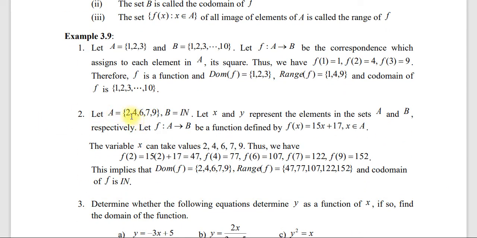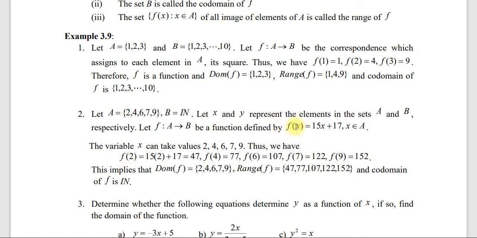ኦኬ next example let A which is equals to the set containing 2 4 6 7 9 and b ደግሞ natural number ቢሆን let x and y represent the element in the set A and B respectively. x A ላይ ያለን ኤሌመንት ይወክላል ወይ ደግሞ B ላይ ያለን ኤሌመንት ይወክላል ብንል let f say that A into B be a function defined by f of x which is equal to 15x plus 17, x is an element of A ነው ብለናል። x የA ኤሌመንት ነው ወይ ደግሞ የB ኤሌመንት ነው ብለናል።